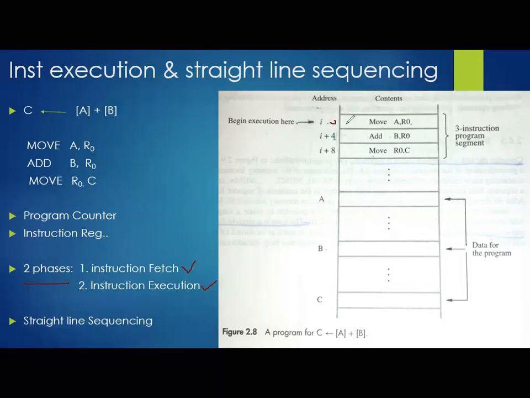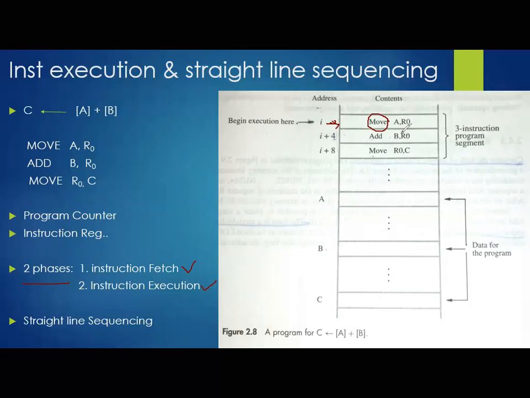You may be saying that your program counter may be pointing to this particular instruction, so MOVE A comma R0 will be shifted to the processor. Wrong. See, we have MOVE, right? What is move? Move is an assembly language notation. In the back end of that, there will be some binary code that should be shifted. Remember this. Move is a mnemonic which we can understand. In the back end of this word move, there is a particular binary number which represents the move operation. That should be transferred to the processor exactly. Then it will go inside the instruction register.